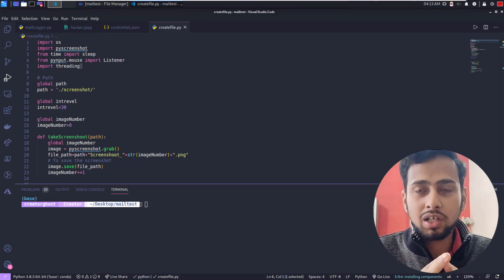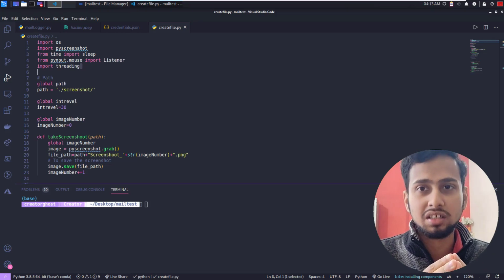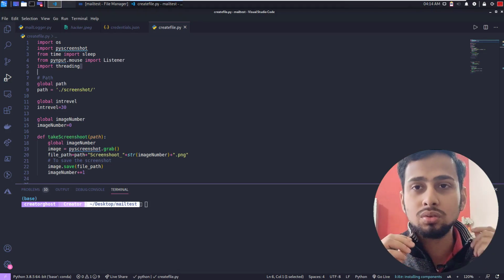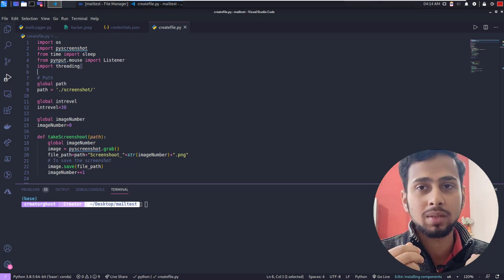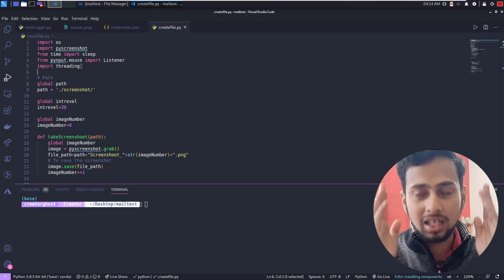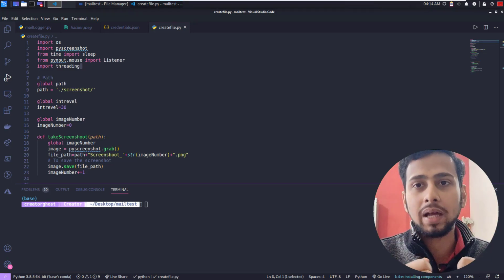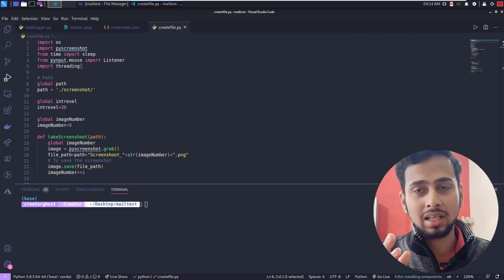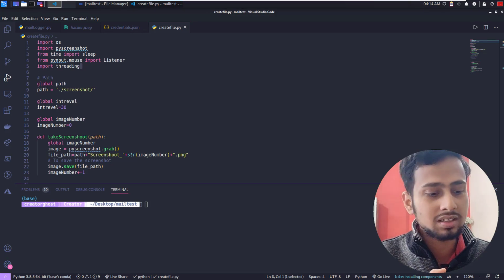We already know that our operating systems are multi-threaded, which means they have multiple threads inside them. So we can use that multi-threading, run one function on one thread and the other function on another thread, and both of them are going to run in parallel. Running multiple functions simultaneously is known as threading, in simple words.